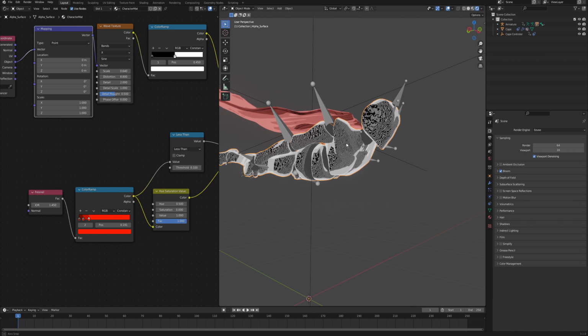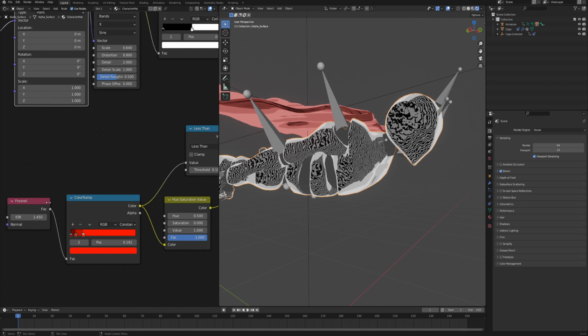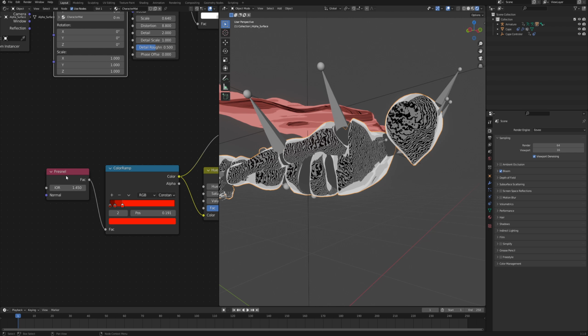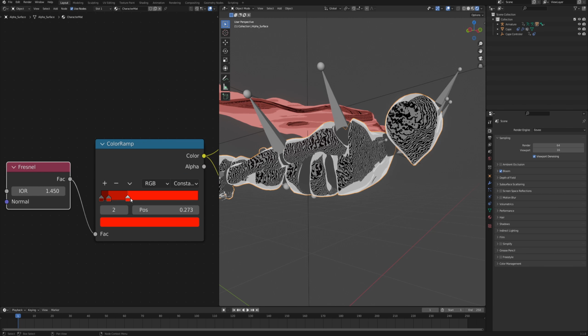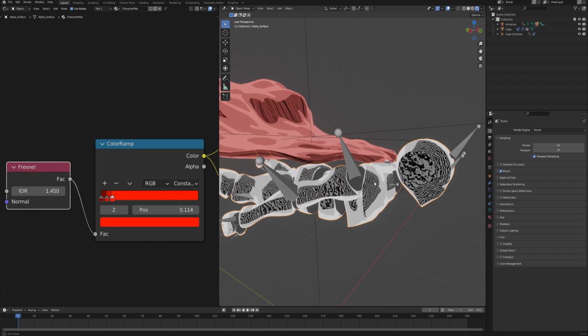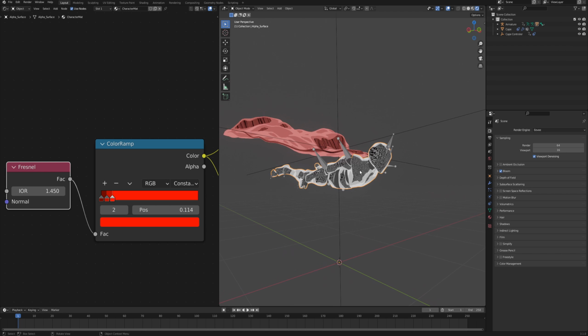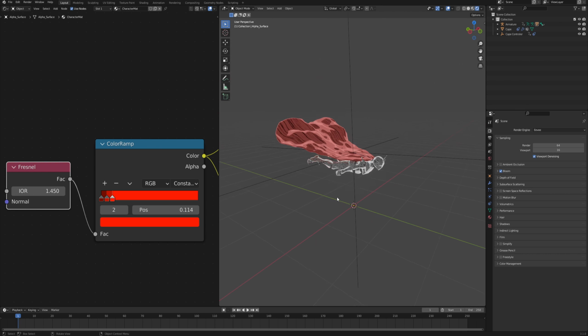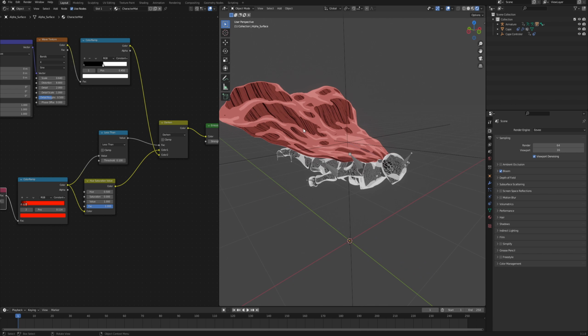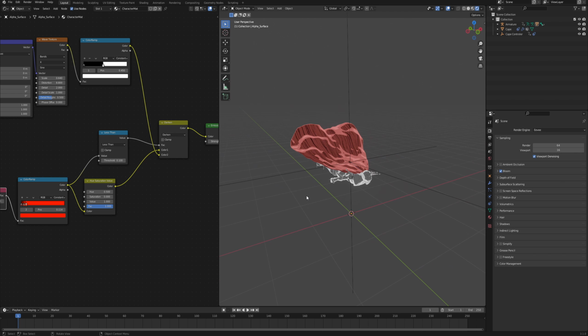That's fine. Also, if you want to control where it appears, then again, back to the color ramp that controls the color, you can just manipulate those color stops to either increase or decrease the area where this hatching is gonna appear, and also the brightest point as well. So I'll just leave it at something like this. That's already looking fine in my opinion. So that's that. The character and the cape is done, and now it's time to create some background.